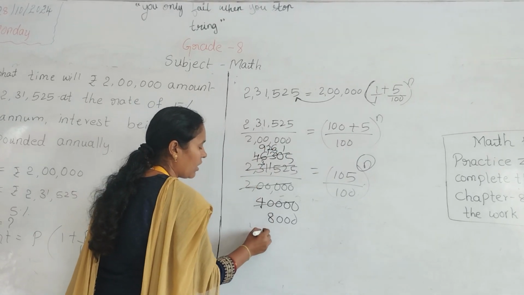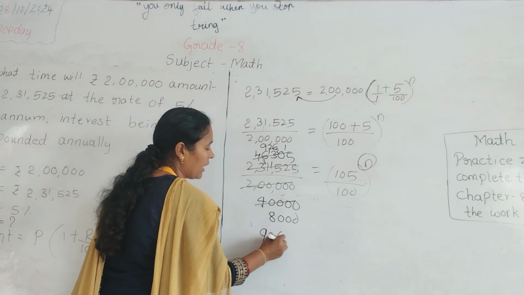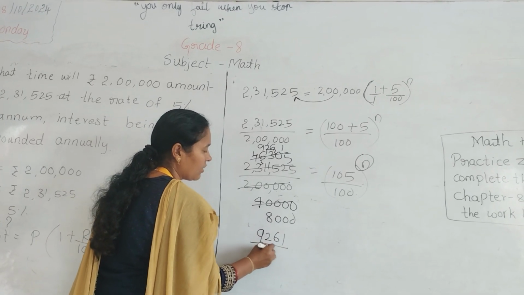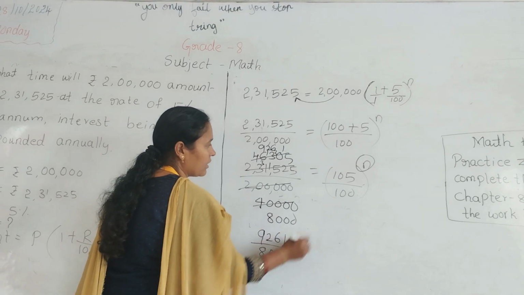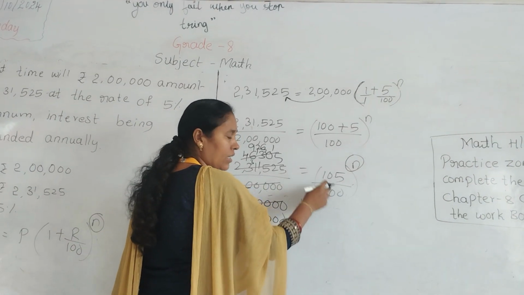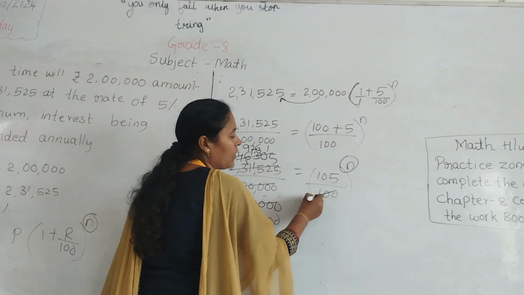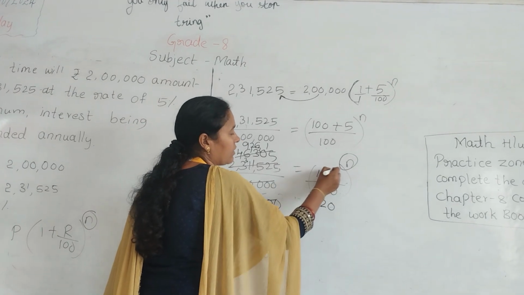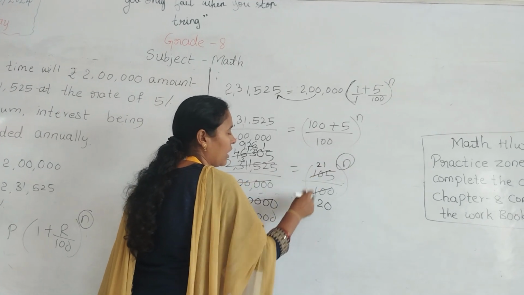Now how much answer did we get? 9,261 divided by 8,000 we got here. On this side also we can cancel again. Inside the numbers 105 and 100, the 5 table. 5 2s are 10, 0 as it is. 5 2s are 10, 5 1s are 5. 21 divided